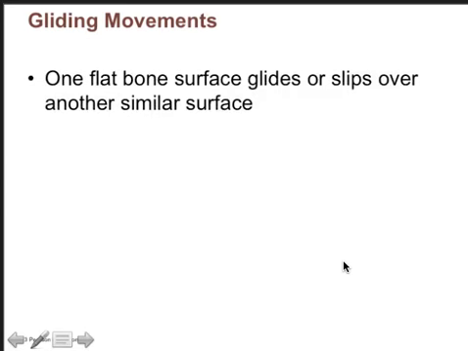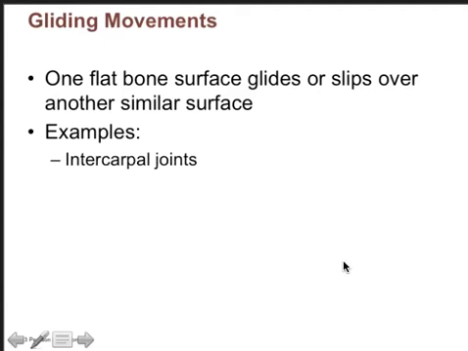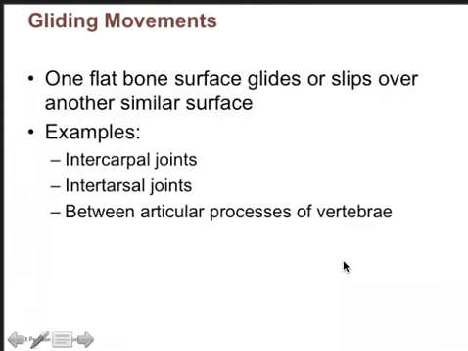So in gliding movements, we have surfaces of bones sliding over each other's articulating surfaces. Examples include the intercarpals and intertarsals, and between the articular processes of the vertebrae. And what we're talking about there primarily is where the vertebrae overlap on the posterior aspect between the superior and